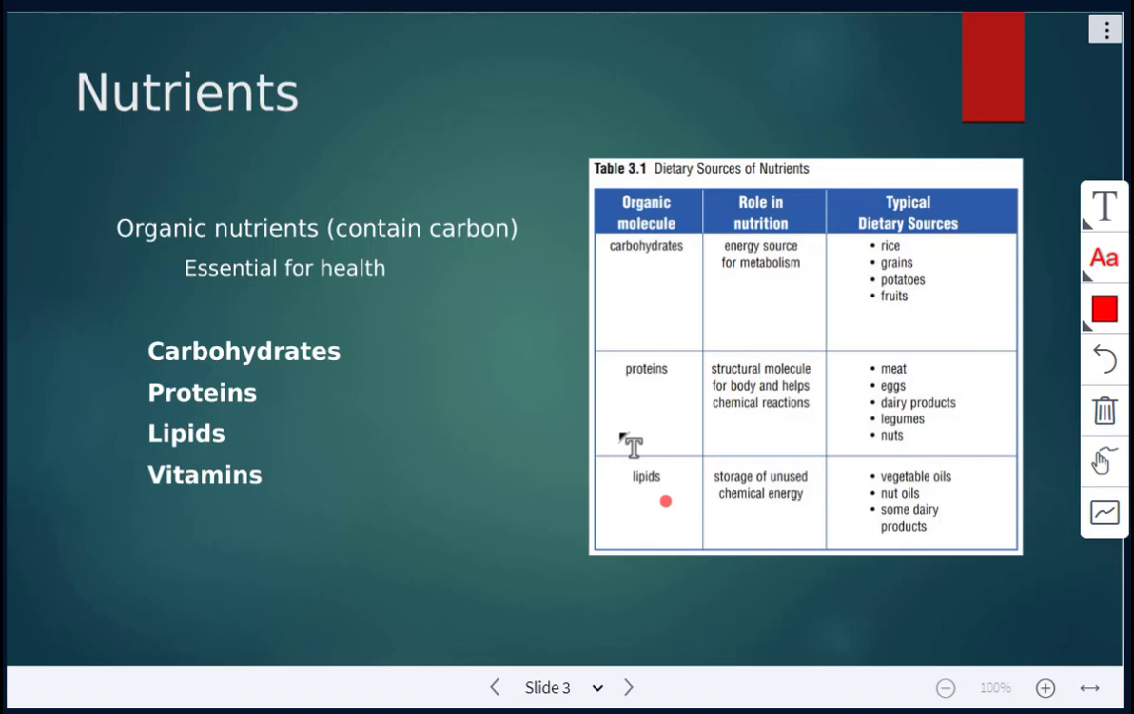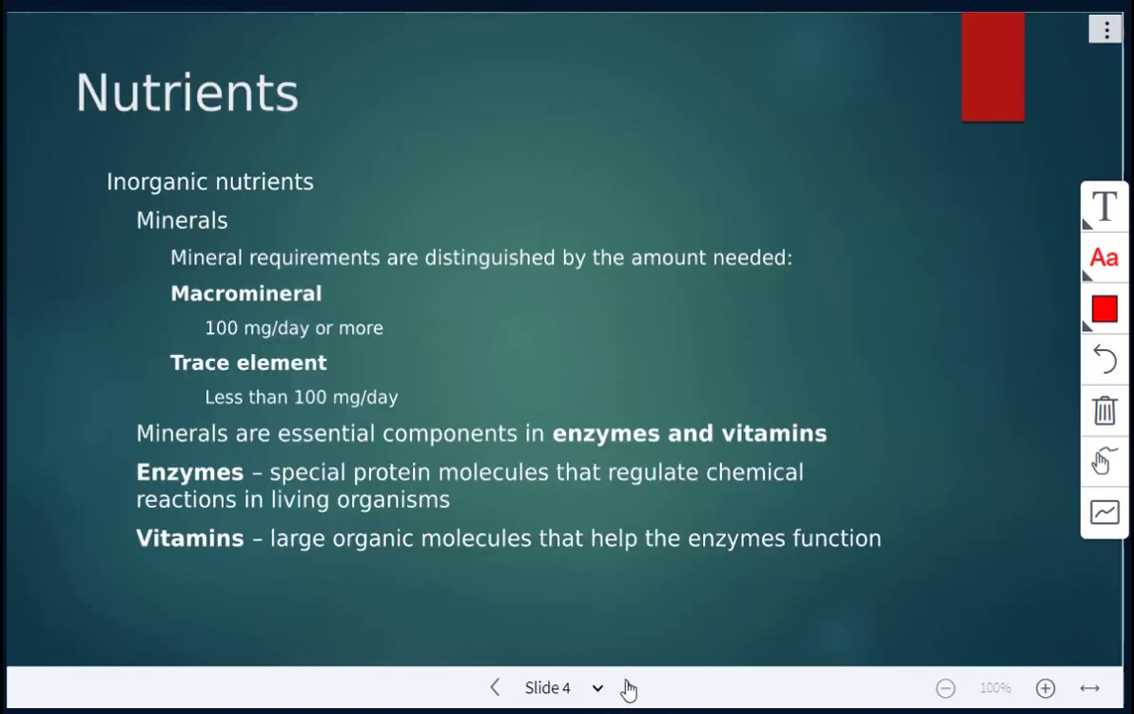Lipids, these are the fats. Role in nutrition: storage of unused chemical energy, so also used for energy. And then typical dietary sources like vegetable oils, nut oils, some dairy products also contain lipids. All right, next are inorganic nutrients. So inorganic nutrients,